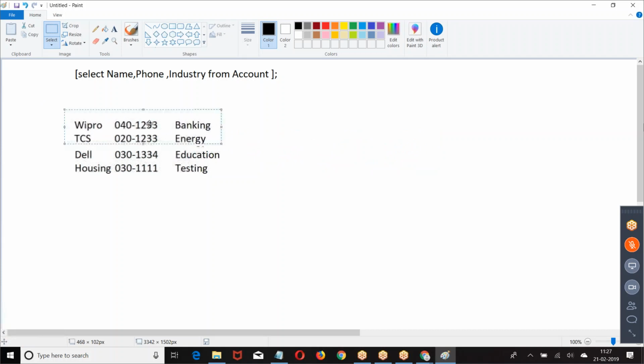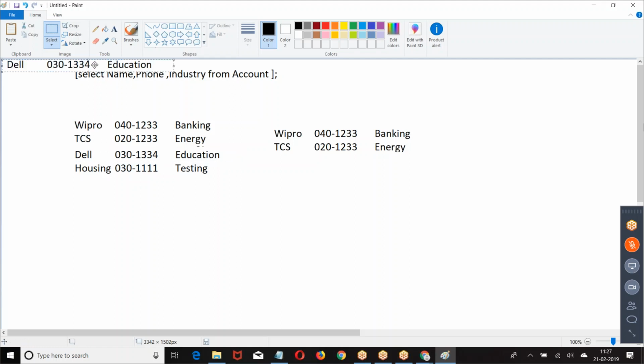Now they're asking, from the result, how many records do you need? When you write a query, all the results will come. From the result, how many do you want to display? That is called limit.